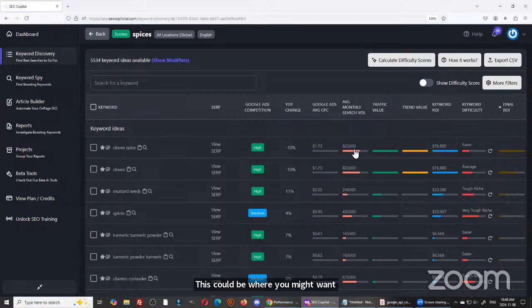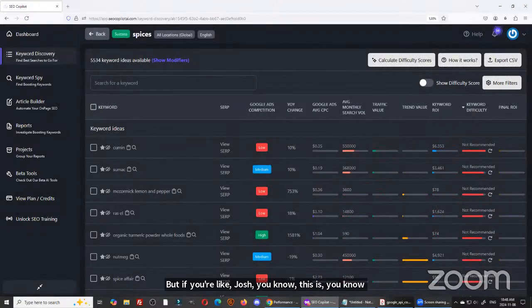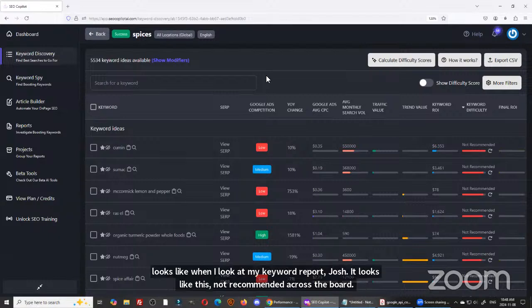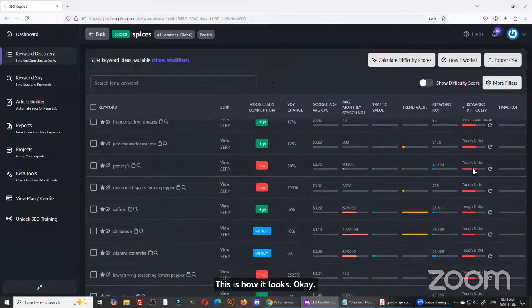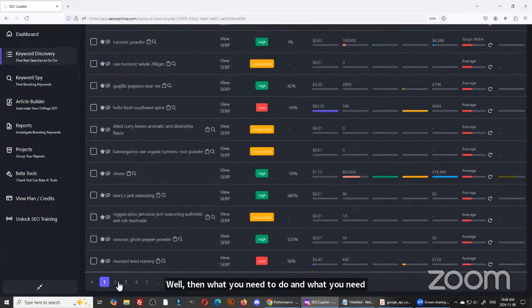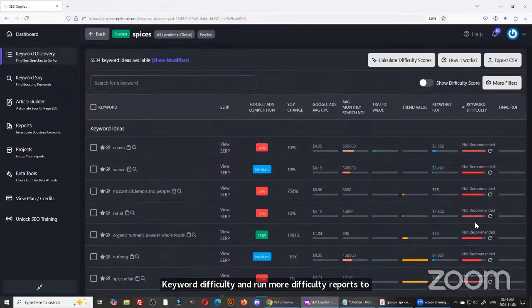But if you're like, Josh, there's ones that are way too hard. This is what it looks like when I look at my keyword report, Josh. It looks like this, not recommended across the board. This is how it looks. Okay, well then what you need to do is either cast a wider net. You need to go to page 2 and 3 and click on keyword difficulty and run more difficulty reports to find more easier keywords. The other thing you need to do is, if it all looks like not recommended when you sort by final ROI,